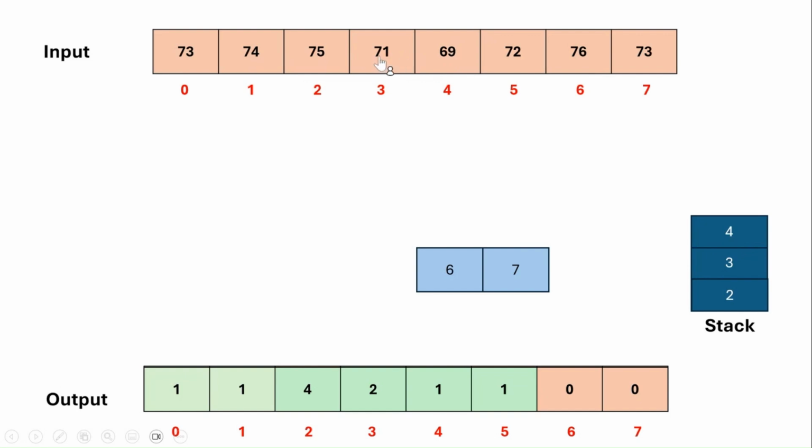Then day 3 also has a lower temperature than day 5, so that is also removed, because we got the answer for day 3 and day 4 now. But the temperature at day 2 is still more than day 5, so we'll keep that in the track list. So the track list will look like this. And when we see day 6, it has a temperature more than day 5 and day 2. So we'll remove day 5 and day 2 and add day 6 to the track